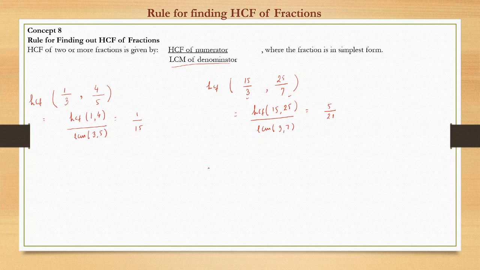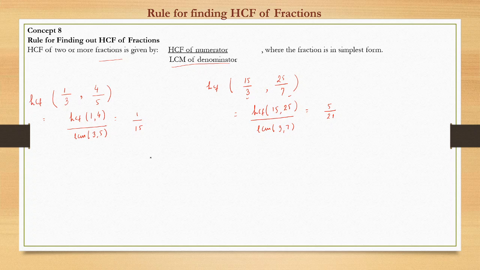So this is a fairly easy and simple concept. So we can just move forward. If you just remember this rule, the HCF of two or more fractions is given by the HCF of the numerators and the LCM of the denominators. We'll take another case,